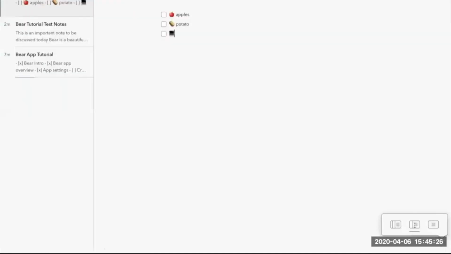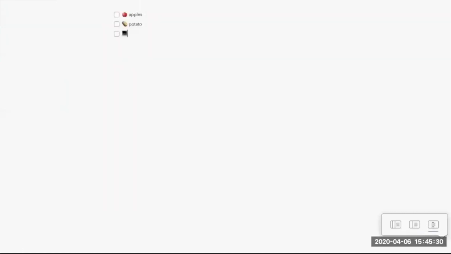Instead of 3, you can have 2 columns or just 1 column and start writing. This way you'll be more focused and there is no distraction while you are writing any notes, meeting minutes, or to-do lists. You are just focusing on that, and it reduces your procrastination.